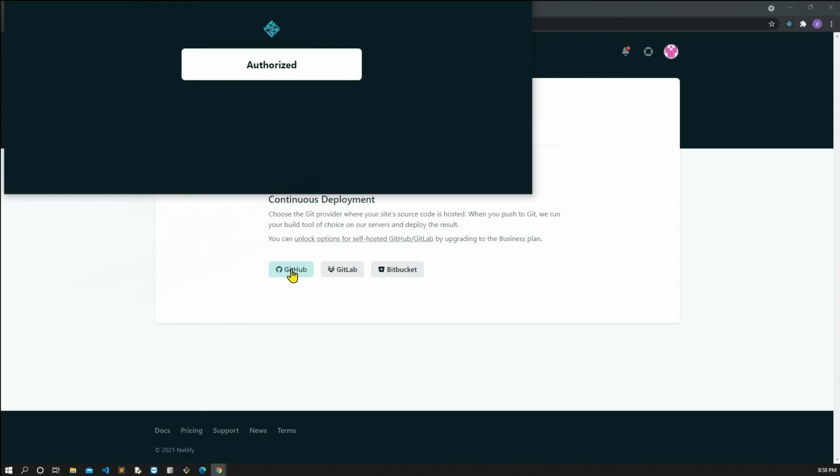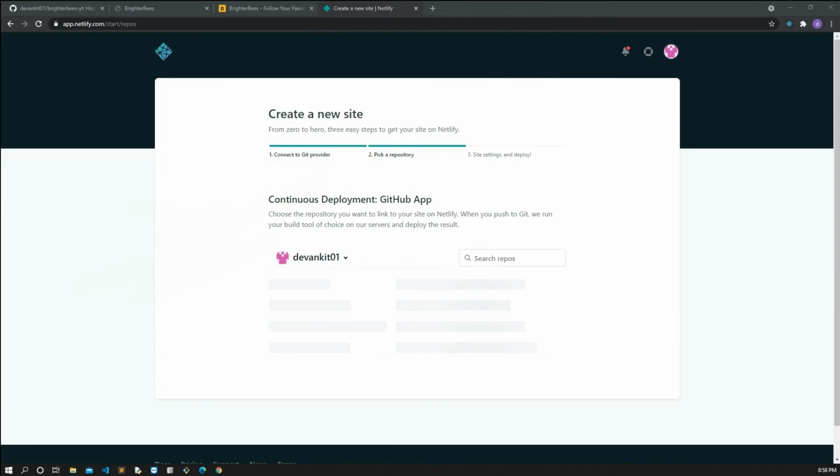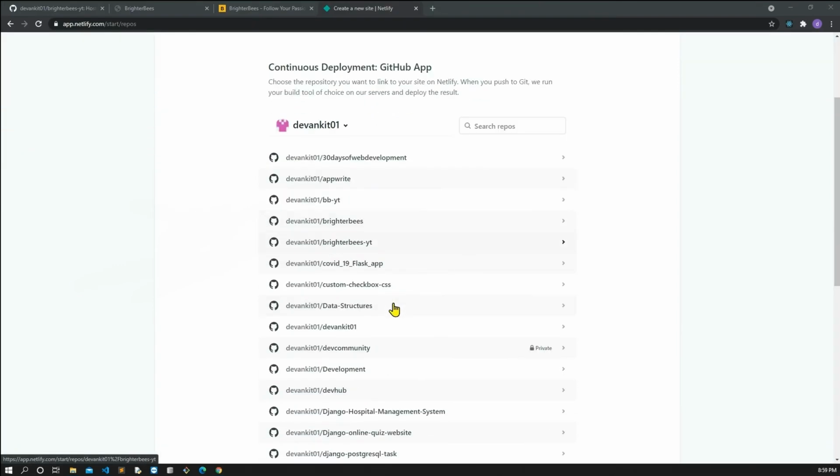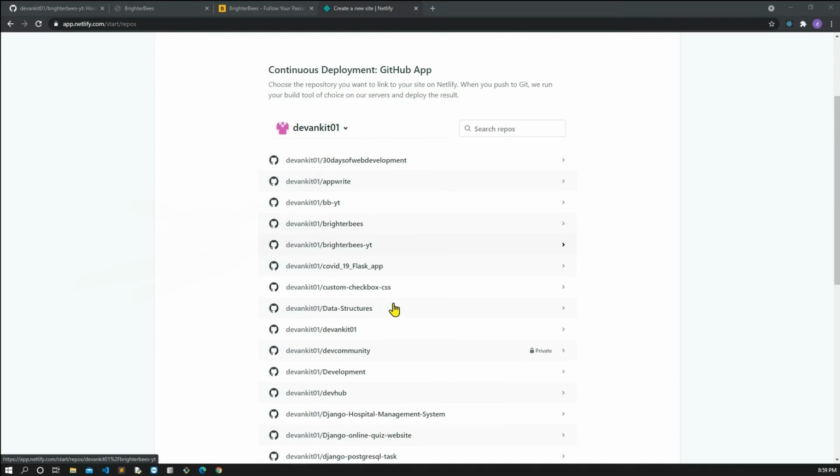You put in your username and password and it will authorize you directly and pull all your GitHub repositories from there. We have to wait for a while. It has been authorized, and all my repositories have been listed here.